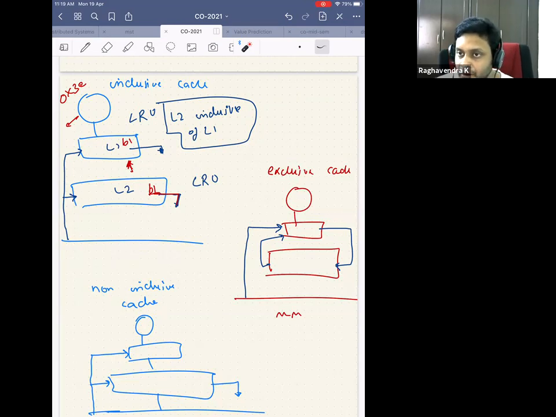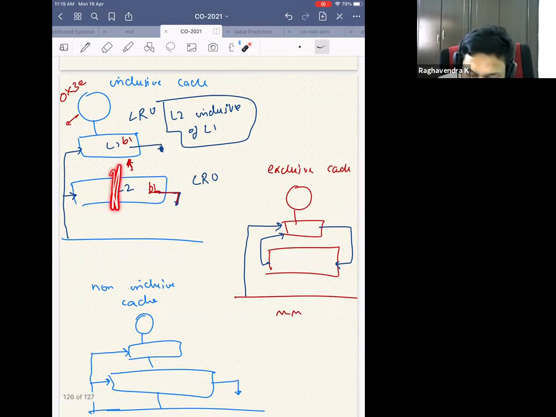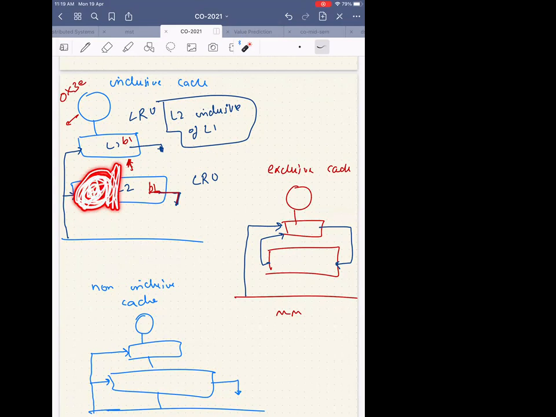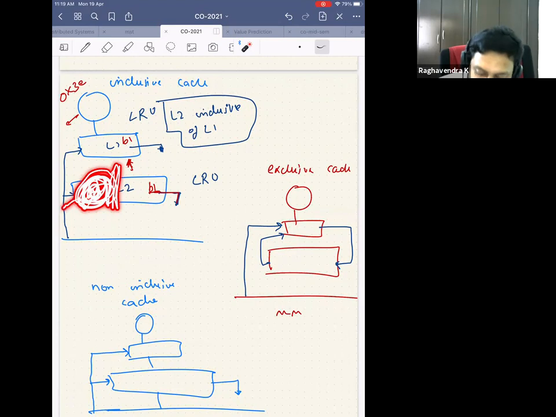So there is nothing like L2 being half and half. That's what you're asking, right? I'm assuming that's what you're asking. Maybe you're saying that L2 is half full because L2 is bigger than L1. So that's why I should only keep it in L2. Why keep it in L1? Because L1 is fully full. That's what you're saying, right?